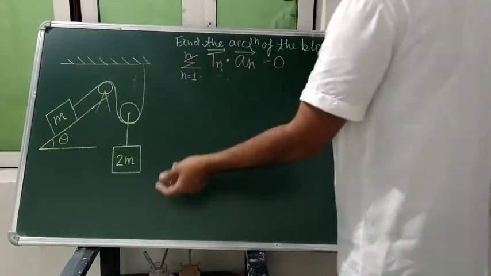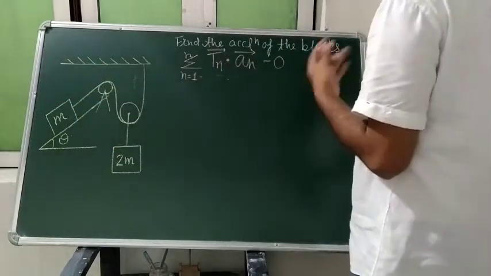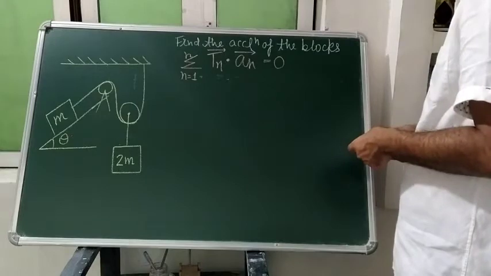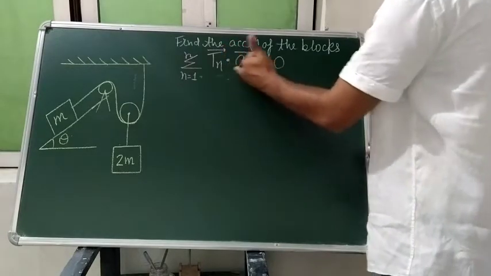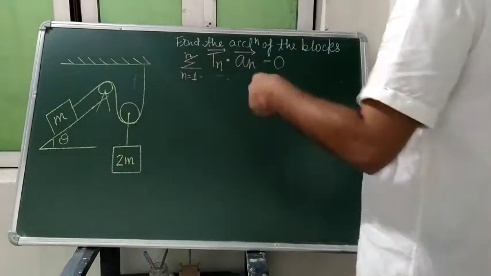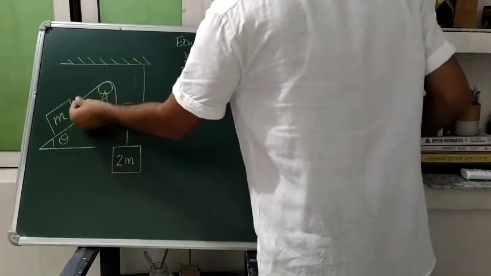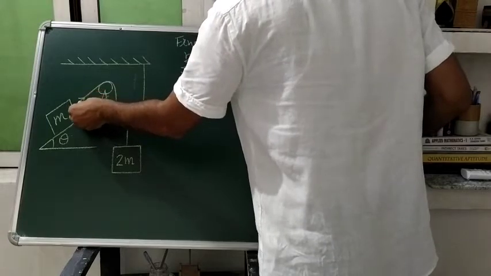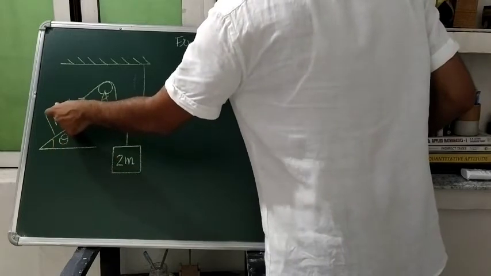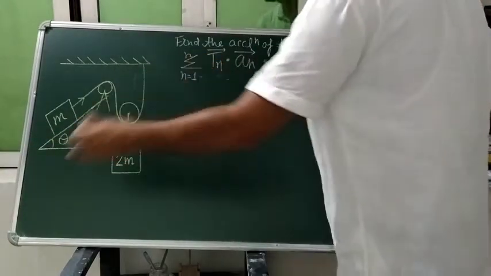Here you will look that our objects of interest will be only 2 objects, this one and this one, since we want to know the acceleration of the blocks. So of course students, for it we will have the requirement of tension and acceleration. So for tension, suppose I am selecting this, T tension is acting on it due to the force due to gravity. One component will come perpendicular to the inclined plane, another component will be along the inclined plane.